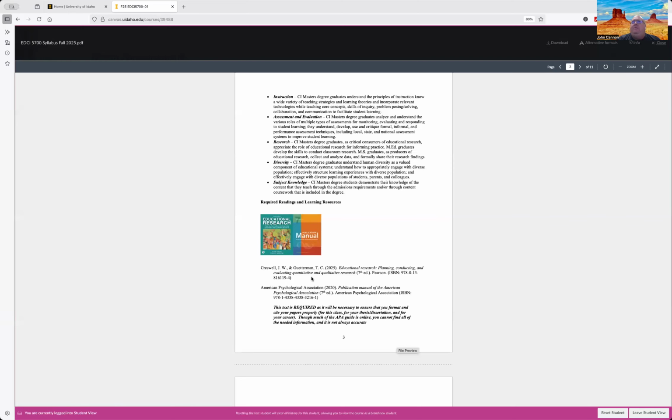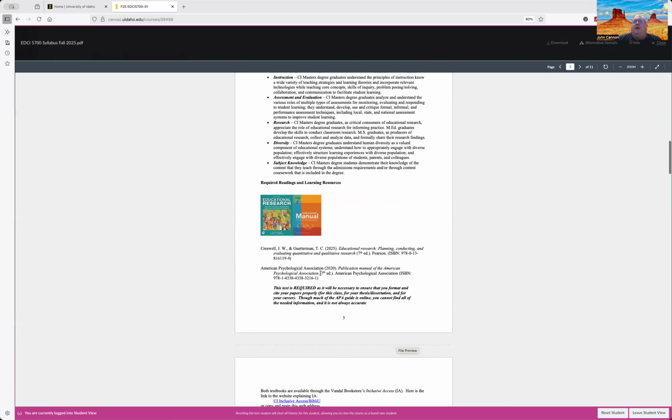The U of I will send you an email. Then you can opt out if you decide to get hard copies of both textbooks, and those are available through the publishers, also through Amazon or online textbook merchants.